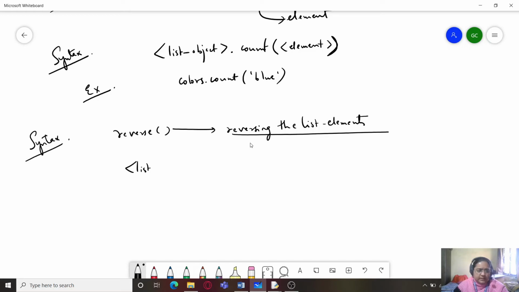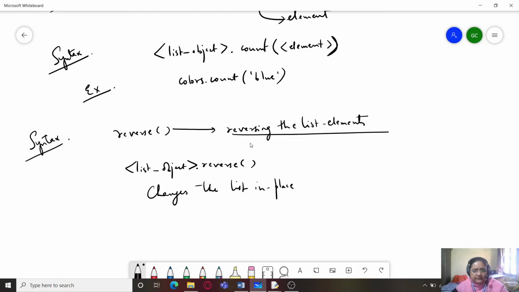So it works like this: list object dot reverse, and it changes the list in place. Because lists are mutable data types, it changes the list in place only.